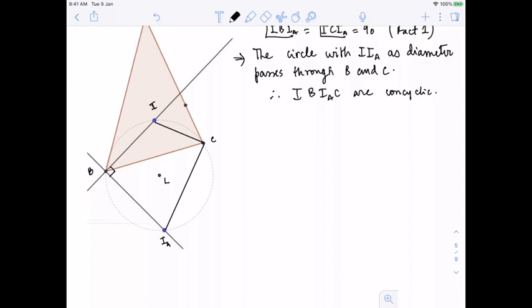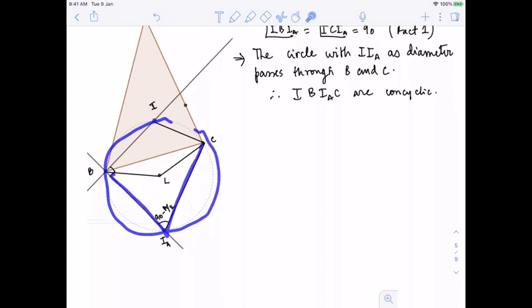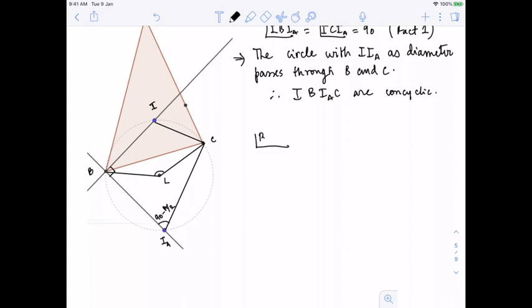Now notice that this center L has one more secret nice property. Let's see that property. If we join C and L, and B and L, since we already know from our excenter configuration setup that this angle must be 90 minus A by 2, and this is the angle subtended at the arc, the angle subtended at the center will be double of that. So since angle B I_A C we already know from the excenter setup is 90 degrees minus A by 2,